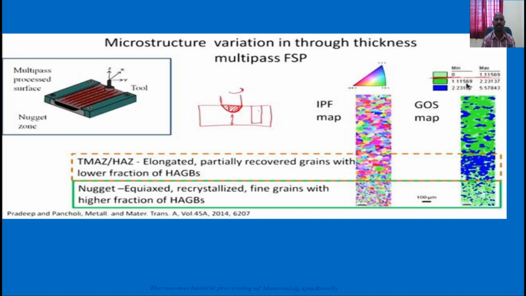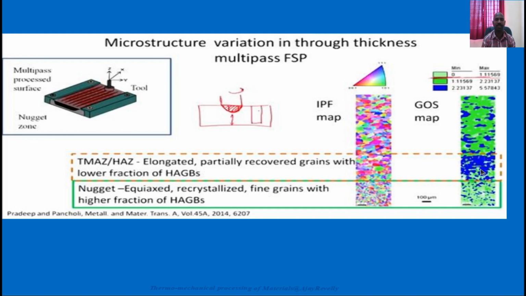So for this kind of green orientation, 101, the grain spread is more, meaning the spread within this entire microstructure cross section. This is the weld zone or nugget zone, this is the heat affected zone, and this is the base metal. So what is the grain size variation? What is the grain orientation? These particular grain directions are present.